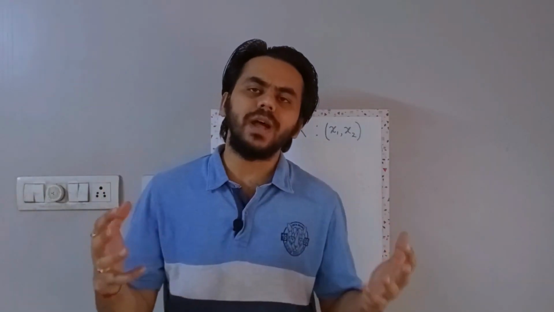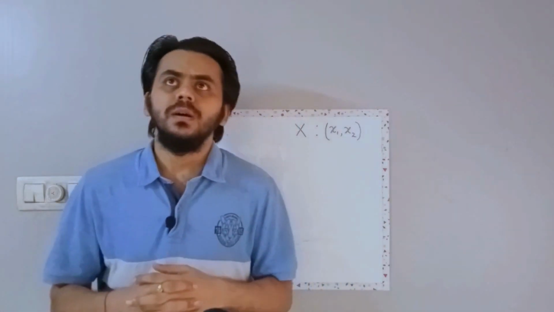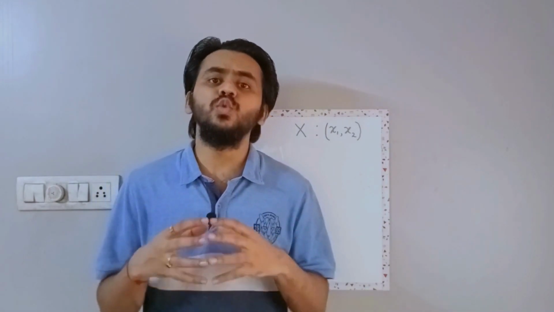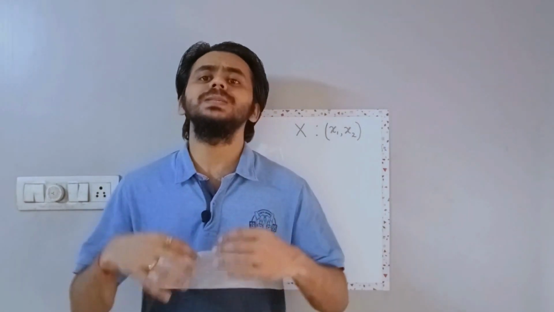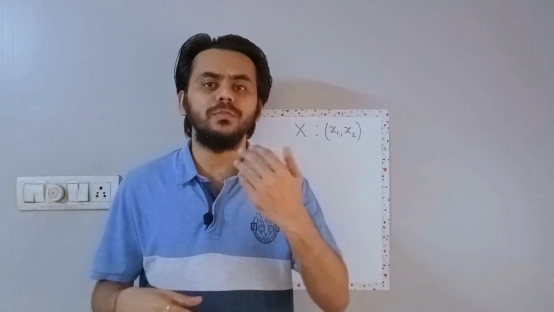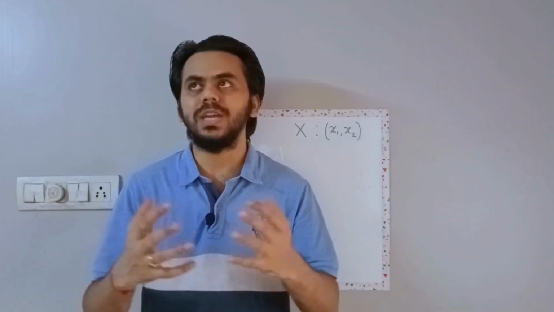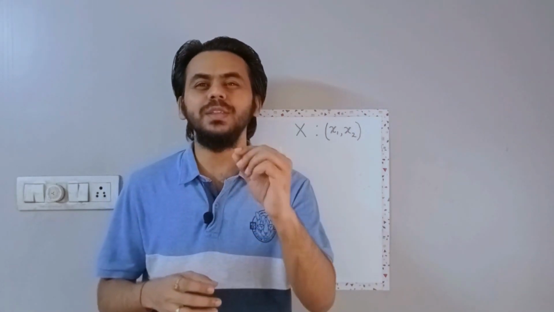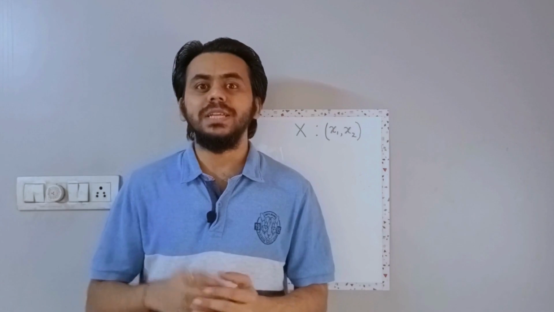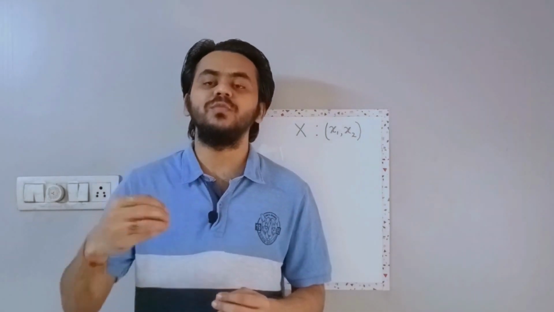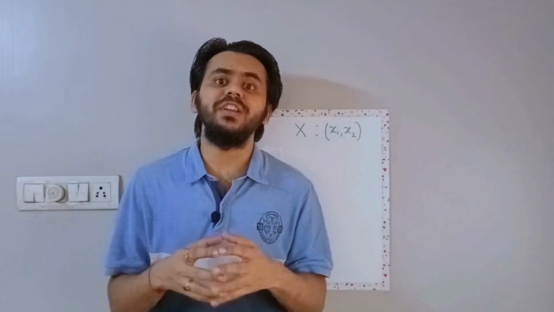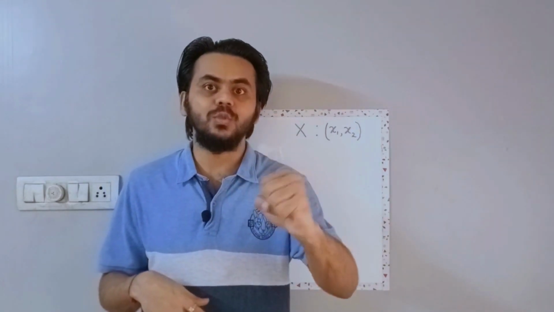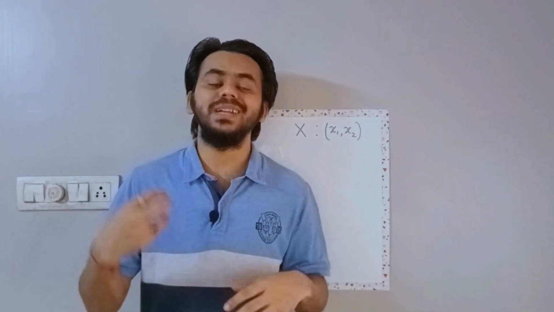So what is the intuitive understanding about perfect substitutes? For perfect substitutes, what we do is, in a consumption bundle of two goods, you prefer the same amount of good 1 and good 2, right? What I mean is, let's say I give you an offer that I will give you 100 units of good 1, and in another offer I'll give you 100 units of good 2. You will be indifferent between these two choices. Either you will take the 100 good 1 or you will take the 100 good 2.